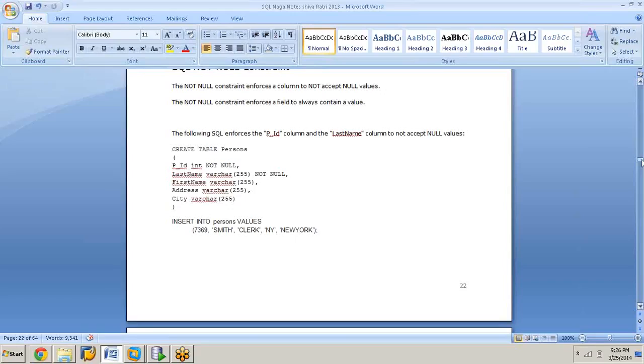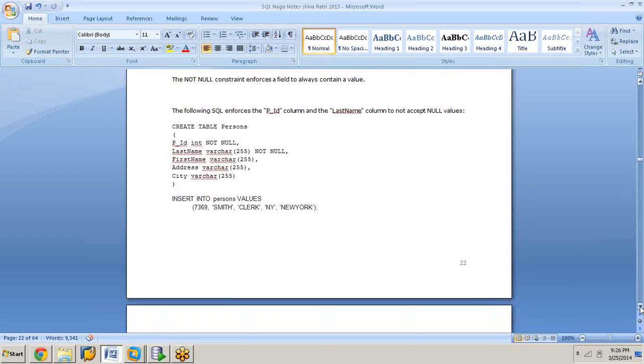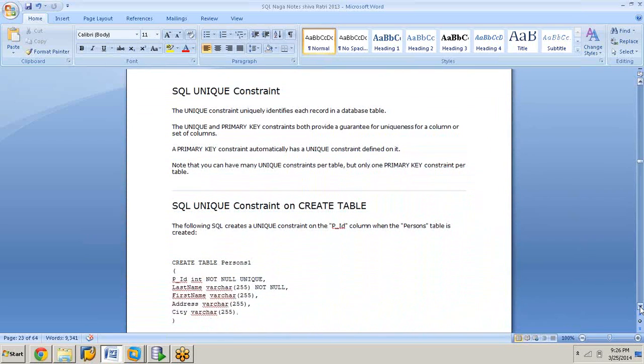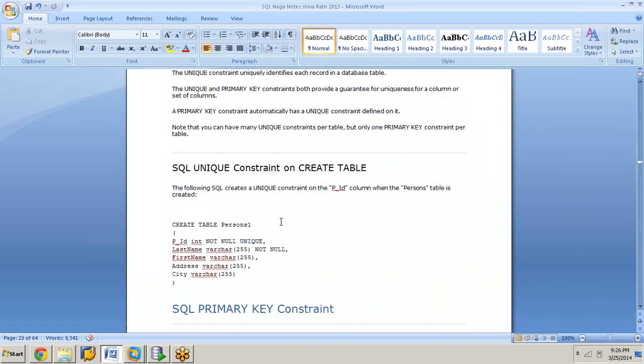The column for which we defined unique values, for both records, the value should be different. Same values cannot be in the rows. Okay, let me show you this statement and then I'll explain. See, what I'm saying here,